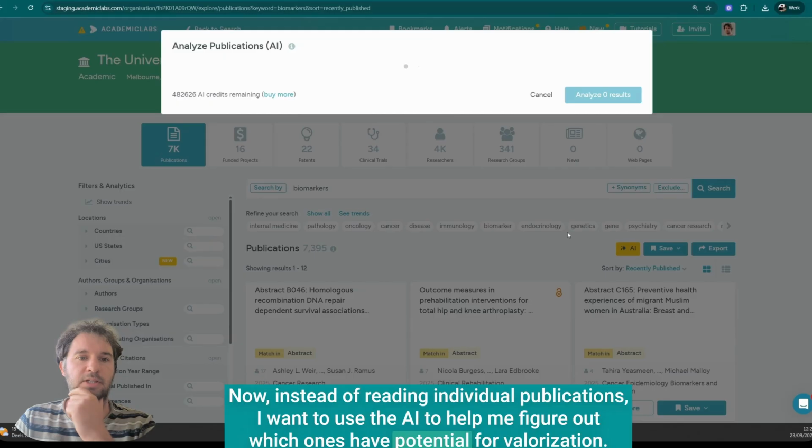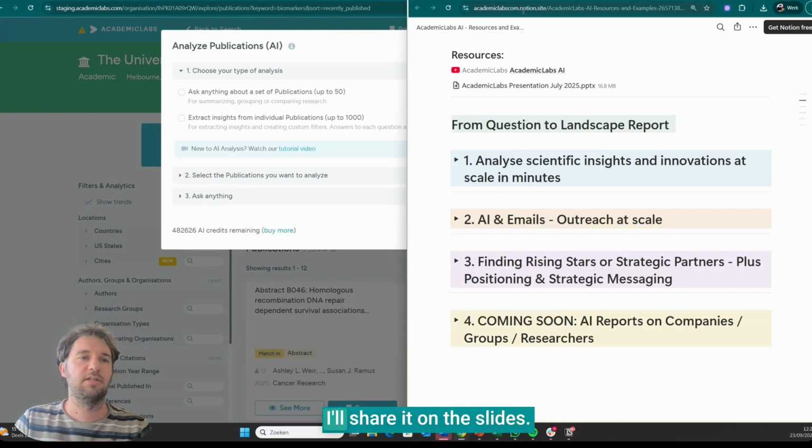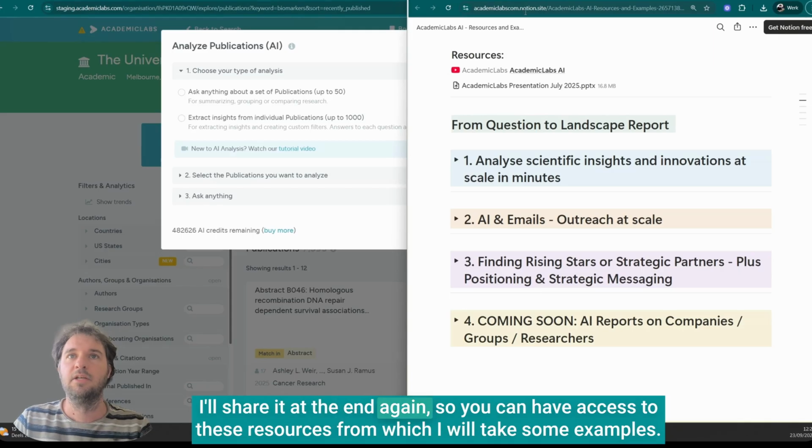Now, instead of reading individual publications, I want to use the AI to help me figure out which ones have potential for valorization. So this is a page that is accessible to you. I shared it on the slides. I'll share it at the end again, so you can have access to these resources,